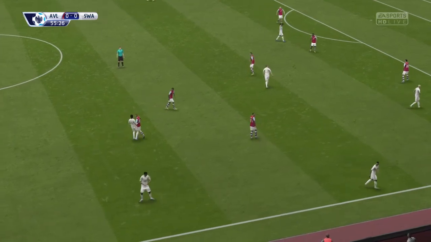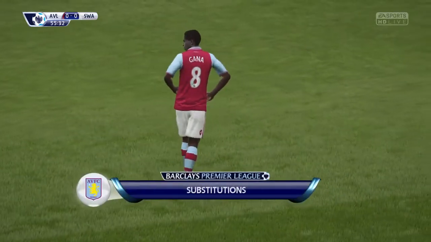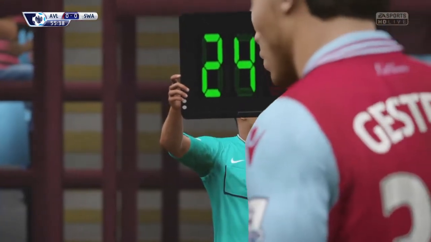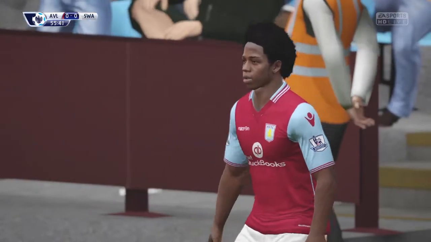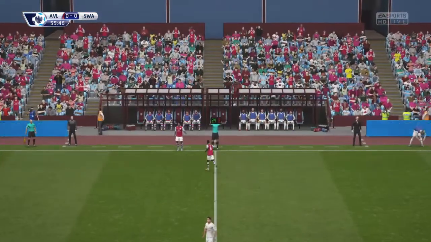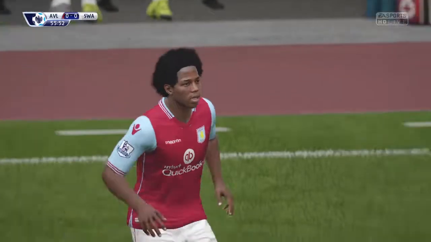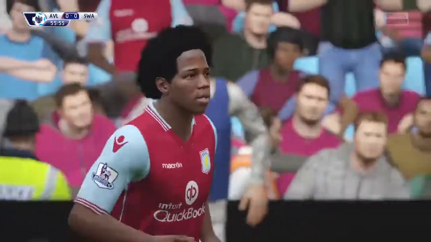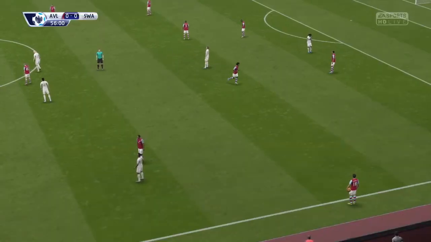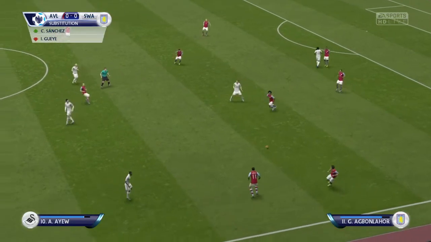Throw in now. Substitution in progress. Going on is... Substitution coming up. Carlos Sanchez.